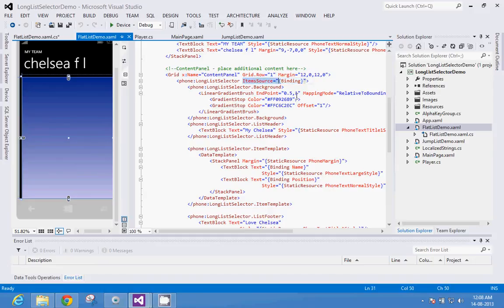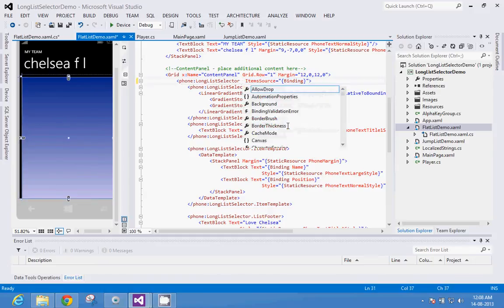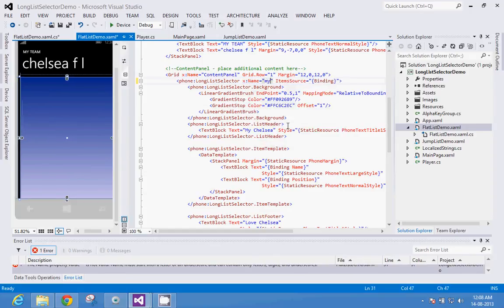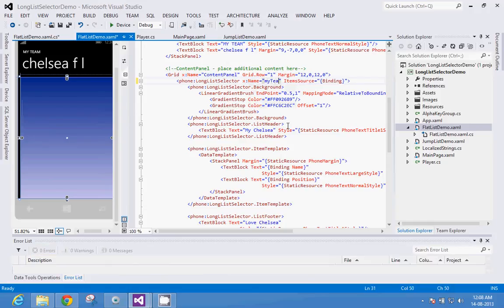Or another way you could do is, you could actually use some name for this, x:Name, let's say my team, right?